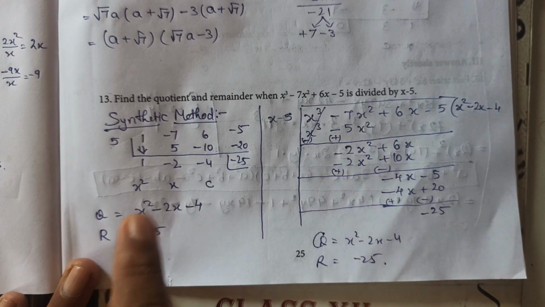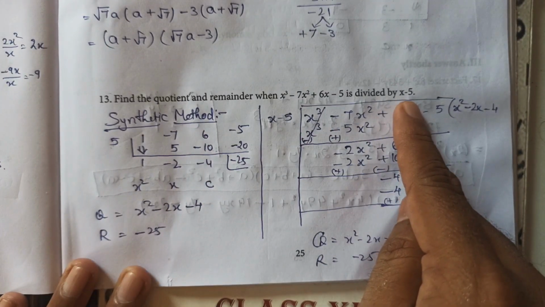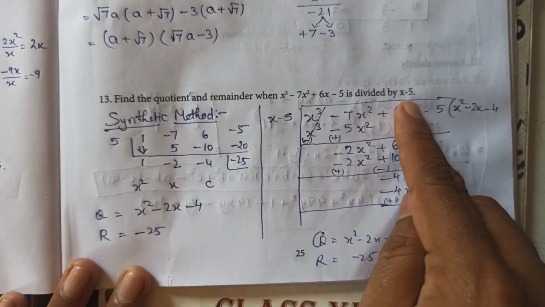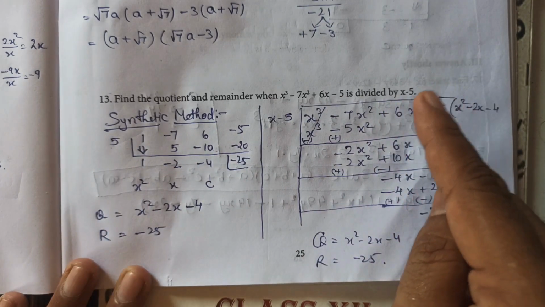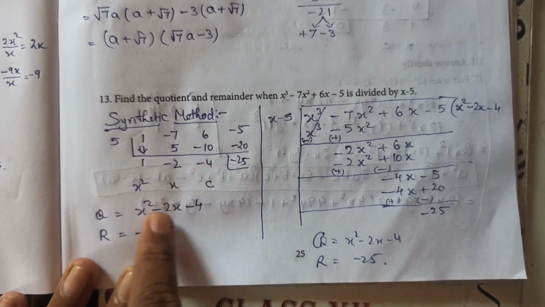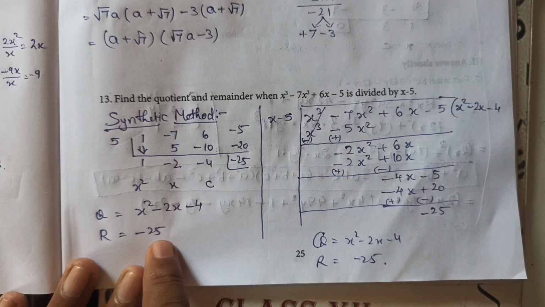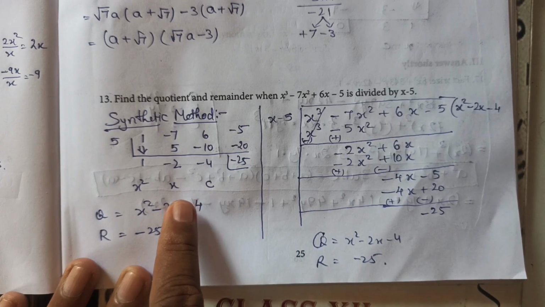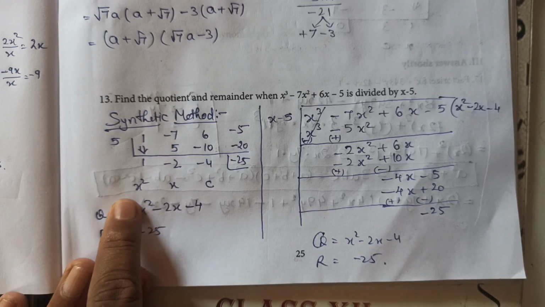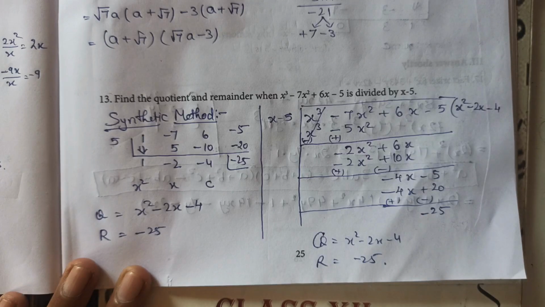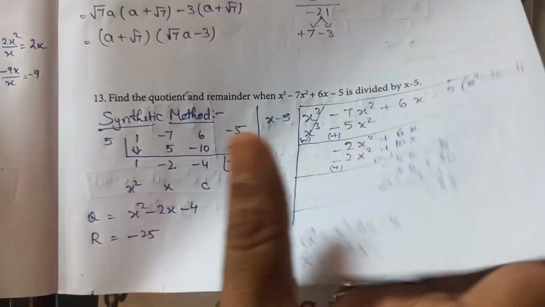So in the synthetic method, because you are already given that it is divisible by x minus y, we make this x minus 5 equals 0, and then take 5 to the other side of the equal to, it becomes 5. Then follow the synthetic method by 5. Then this is the remainder, minus 25, and the terms that are left are the constant, x and x square. It should be written in reverse order. It is 1x square minus 2x minus 4. Next,